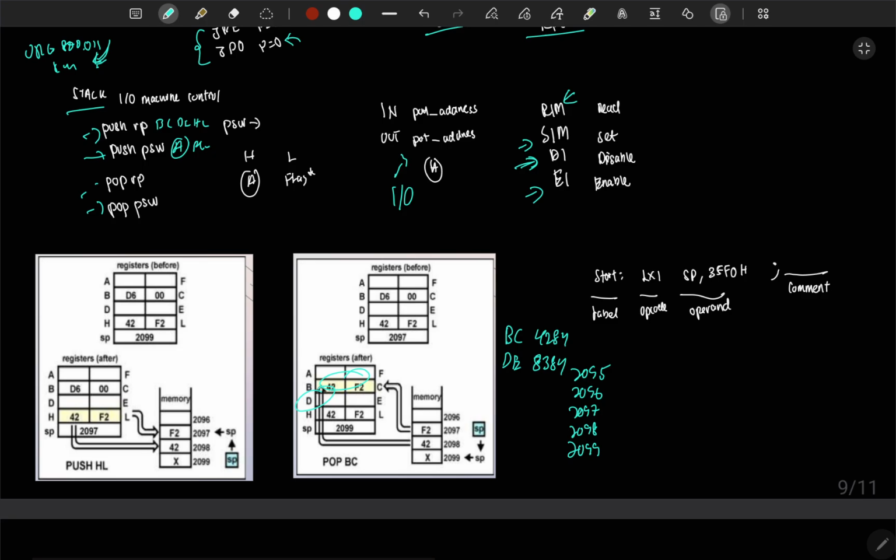So I am saying that push DE, so it's going to be 8384, then push BC, 4284. Now I'm going to say pop. Okay, I already pushed. I said push DE, and I said push BC. Now I'm going to say pop DE, but what it's going to do is it's going to pop